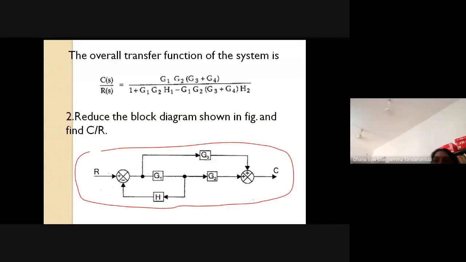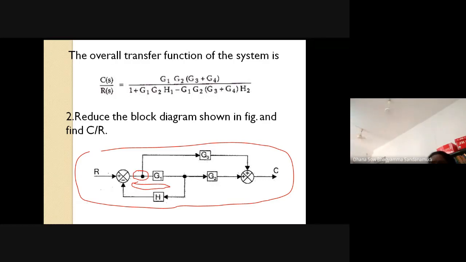If you look at this diagram, I have to reduce this block diagram. So is there any smaller loop? By looking at this diagram, it seems this is a smaller loop. But in this loop, there is an obstacle here. If this branch point was not there, I might have simplified it. It seems as if it is a negative feedback loop. But